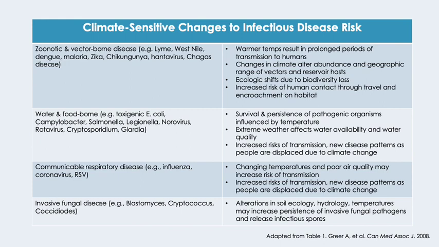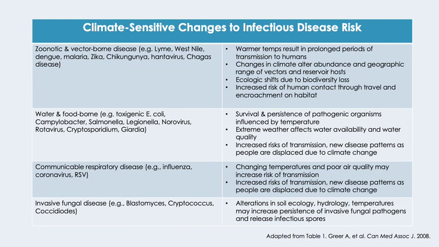So the survival and persistence of these organisms is influenced by temperature, and extreme weather might also affect water availability and water quality, as sewage treatment plants are potentially overwhelmed by floodwaters or excess rain, potentially also just disruption of clean water supplies. There may be increased risks of transmission and new disease patterns as people are displaced due to climate change. So thinking about somebody maybe moving into an emergency shelter, higher population density, increased risk of transmission of